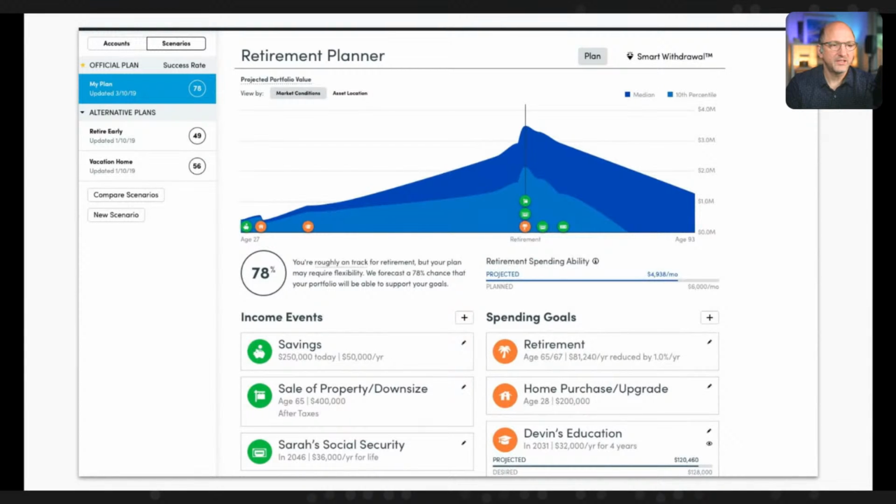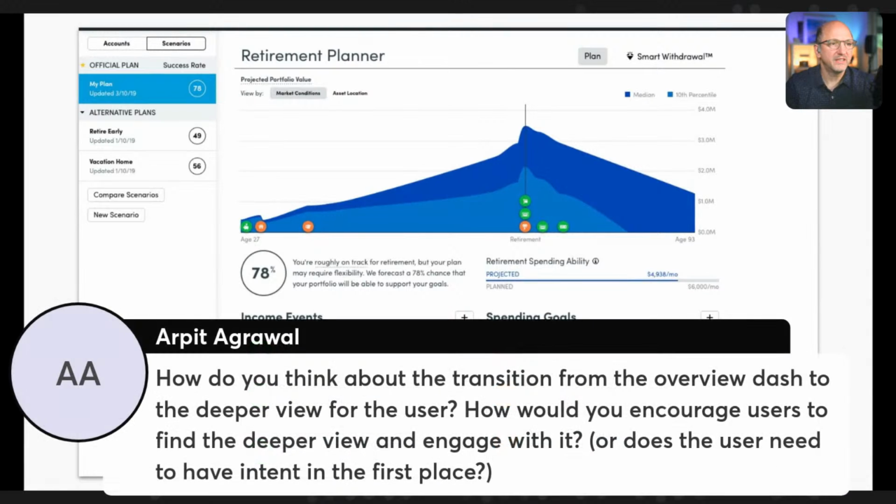I'm gonna look at this question real quick because I think this fits in context here. How do you think about the transition from the overview dash to the deeper view for the user? How do you encourage users to find a deeper view and engage with it? Or does the user need to have the intent in the first place? I think that's what I would expect. Yeah. So I would think that that's